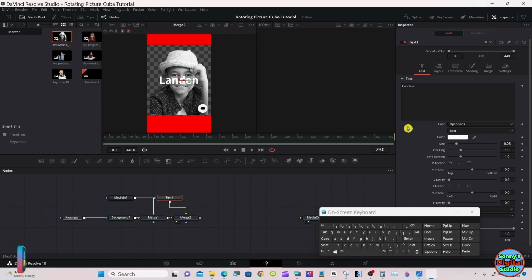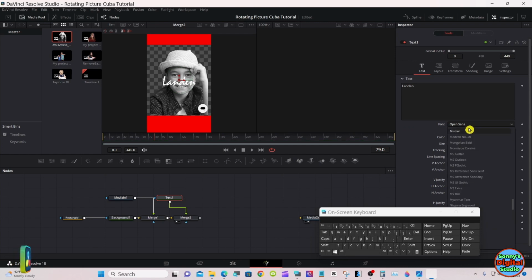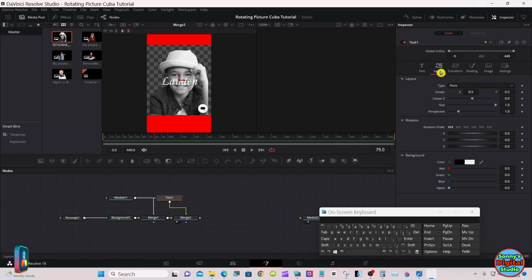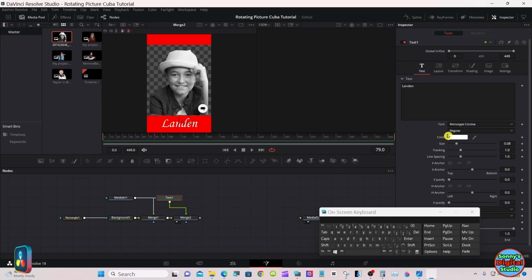Pick your font, color, get all that done now. Go to the layout tab and adjust it. And size it if you need to.